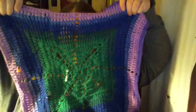Okay, so my first big WIP is my Bright and Breezy baby blanket. I am using the color Peacock, which is Mandala. And so far, it looks like this. It is this big. I have not really shown this guy some love, but I'm going to my mom's again,